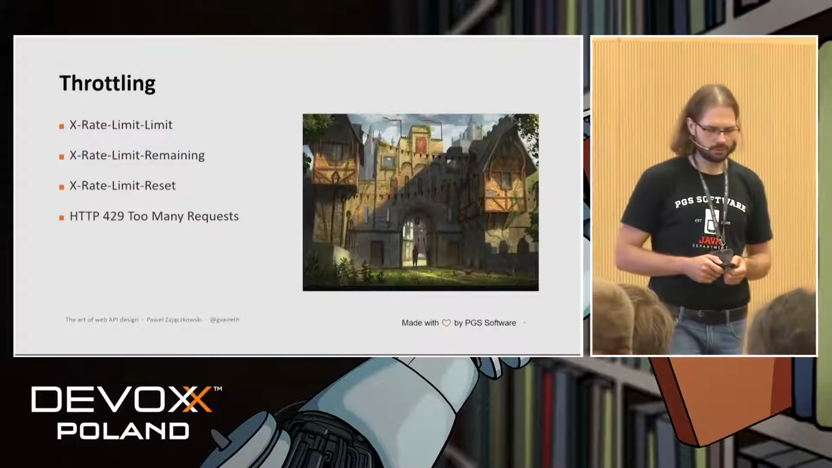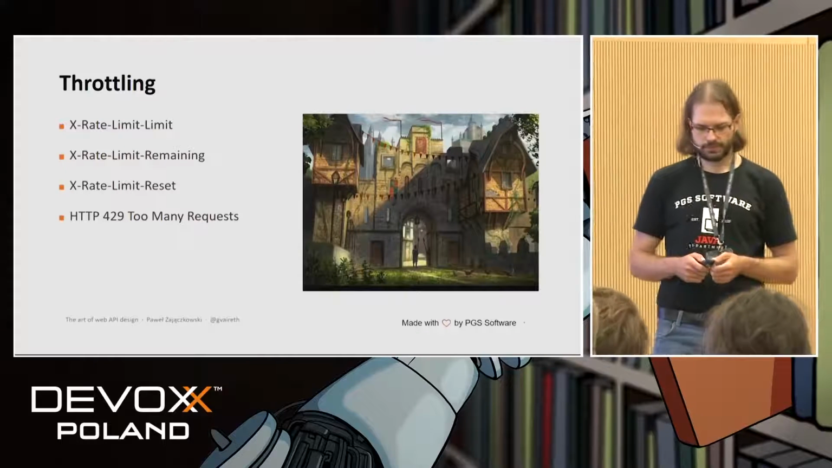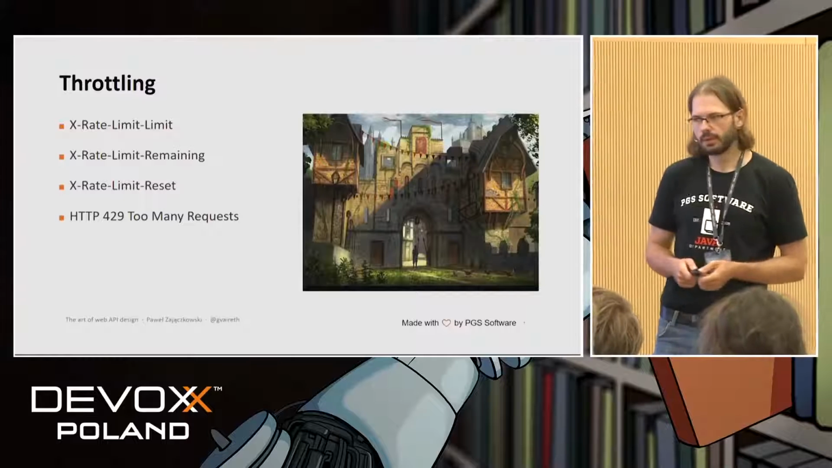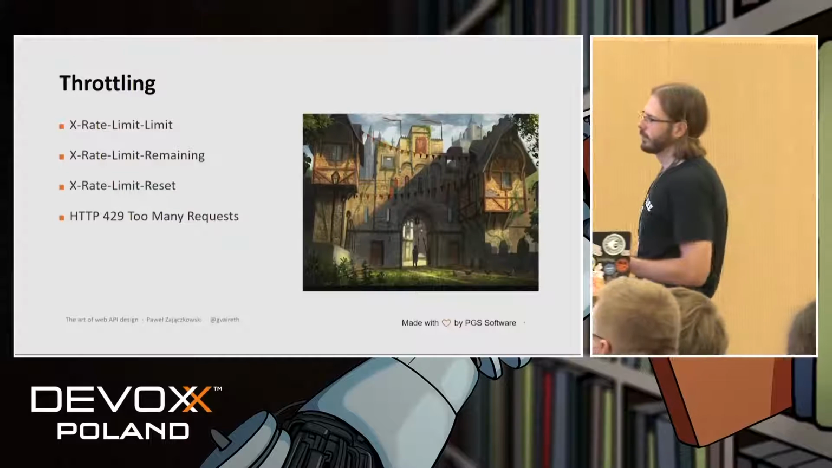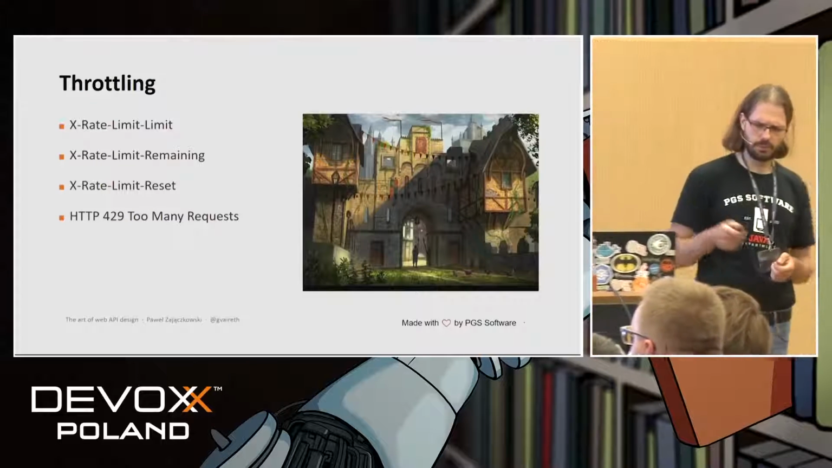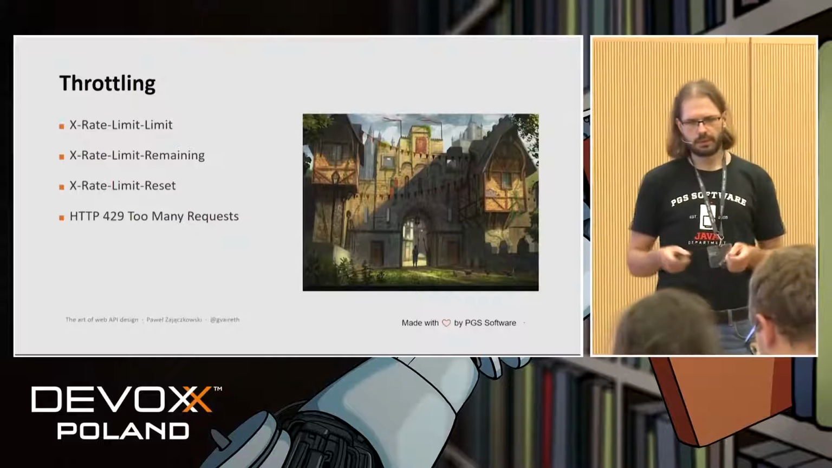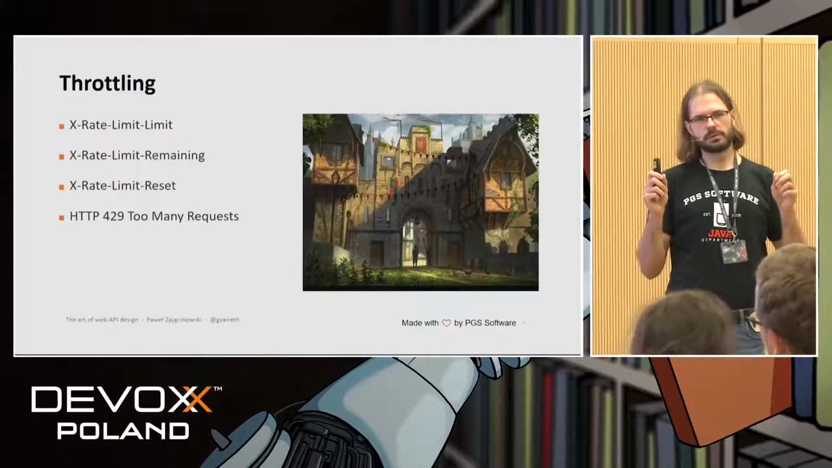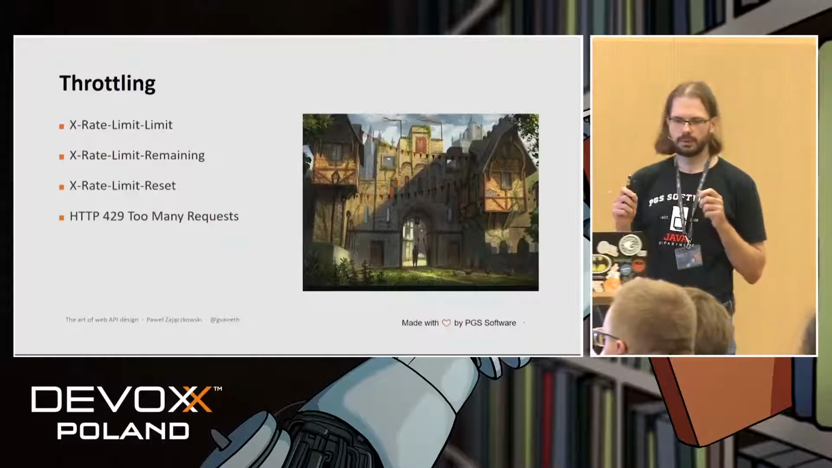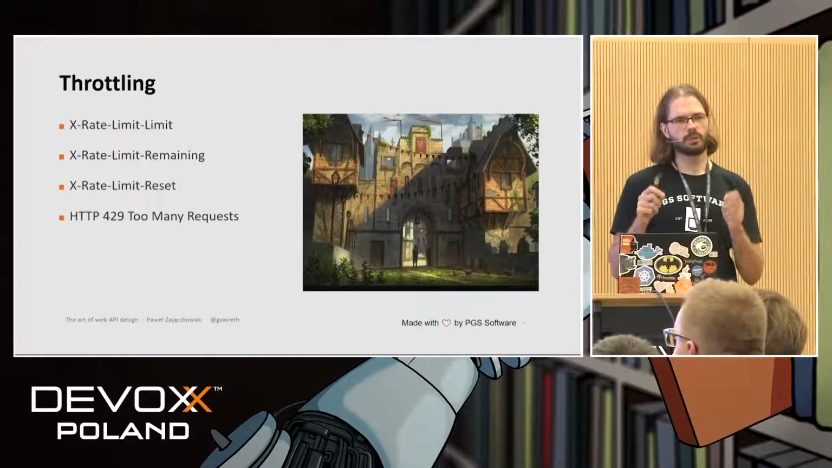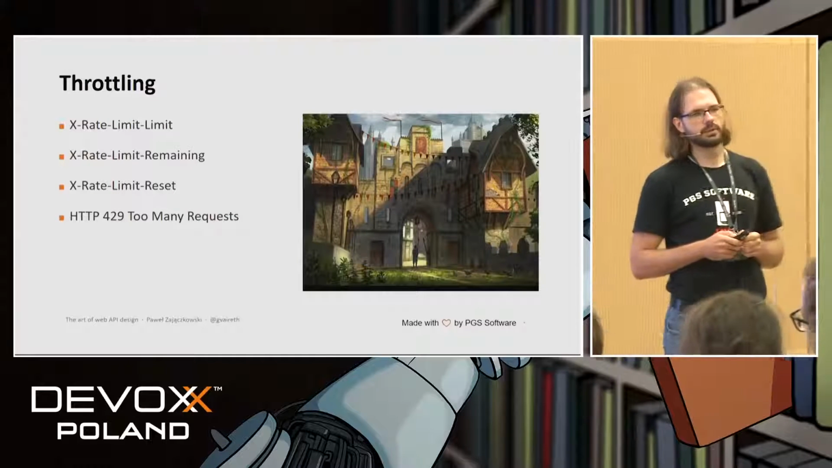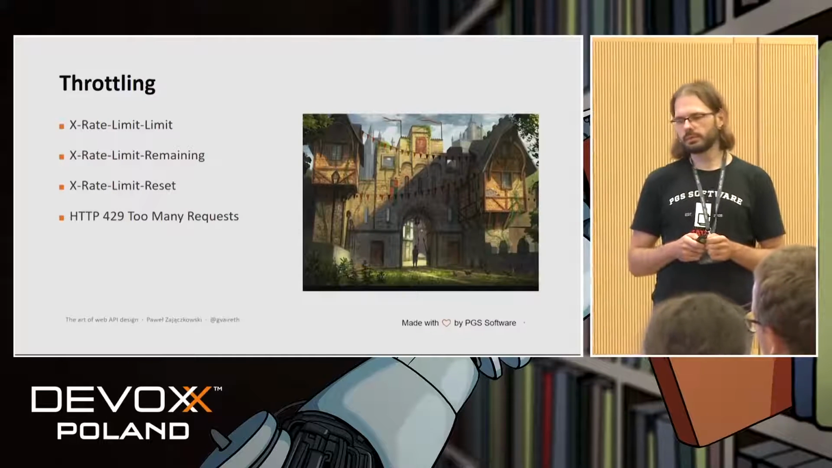Throttling. So how to deal with many requests. Basically, you can just return 500 server kaput. But we can do better. For example, there are 3 headers, not standard but commonly used, that say what the limit in a time window is, how many requests are left in the current time window, and when the new time window starts. And if the client is out of luck and there are no more requests in the time window, then you can return